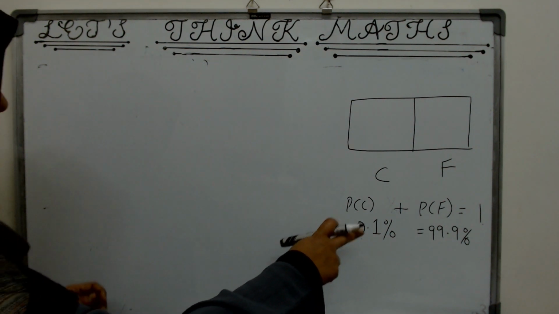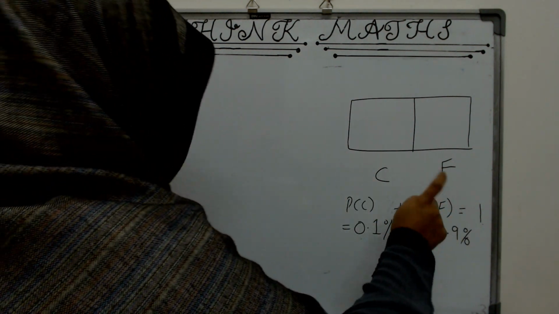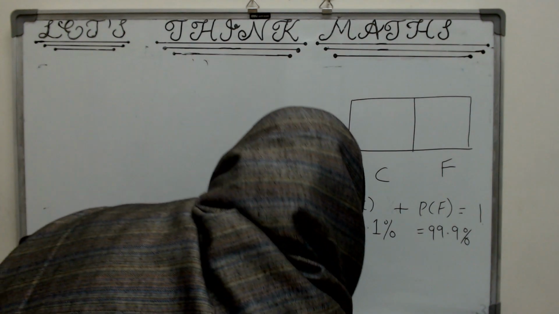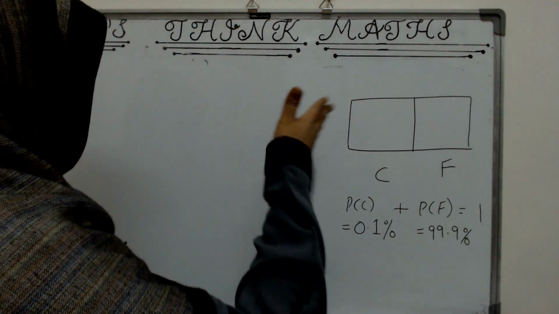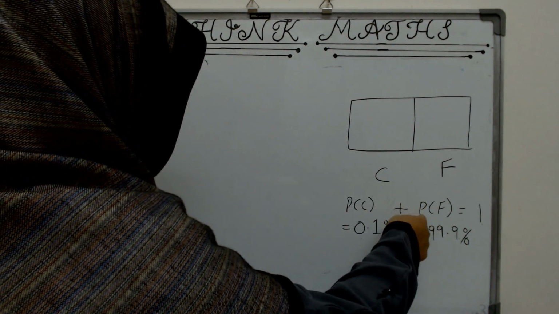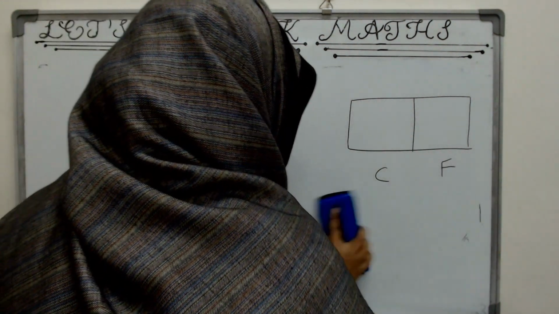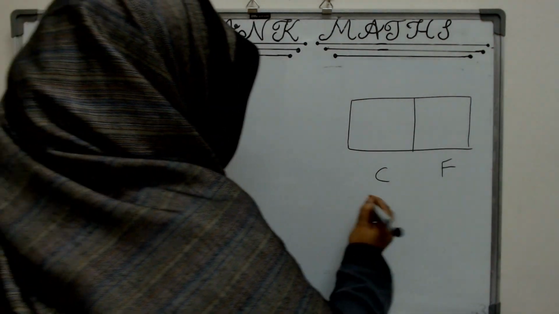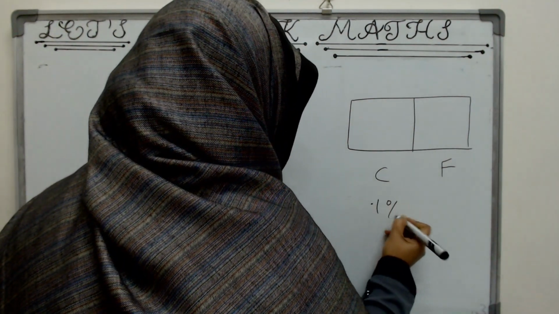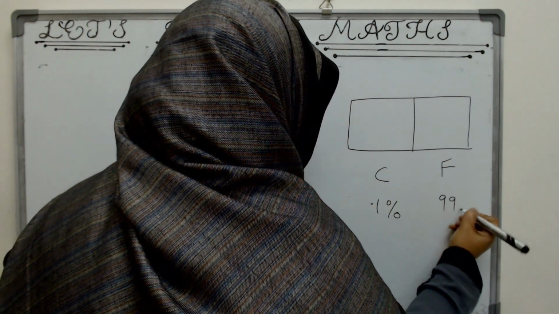So please remember this answer, because this is actually our third section. This question has 5 subsections, and this is actually the third question. What is the probability of F? So this probability is 0.1%. This probability is